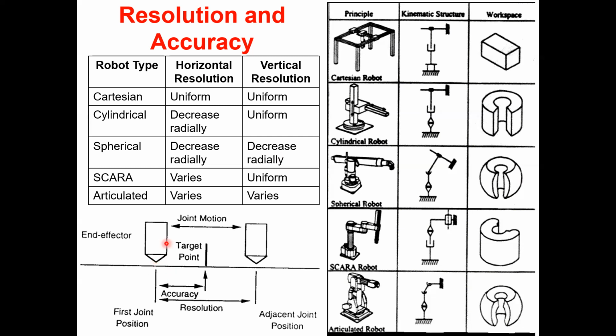Between two consecutive commands, these are the positions, let's say. This is an illustration. What you see here is two adjacent positions of the end effector. You can't have these two positions any closer than this,